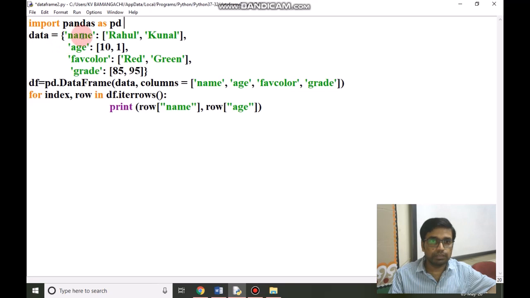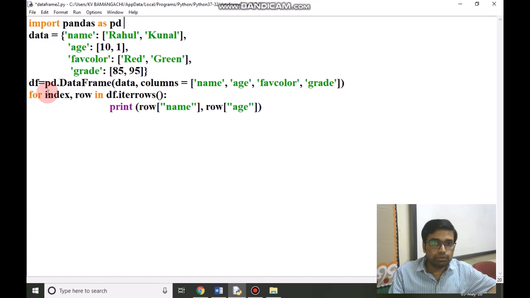We have given the key names favorite color and grade, and the name key is the list of names. There are two names, and then favorite color and grade, which mean these are columns and these are data. So we have converted this dictionary with the help of pd.DataFrame, data comma column names: name, age, favorite color and grades.